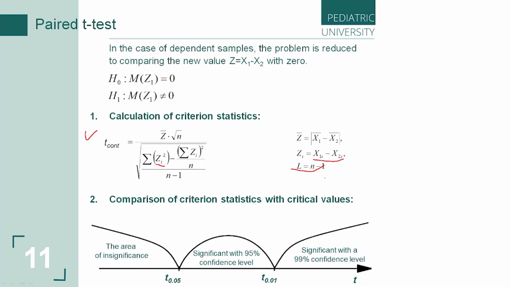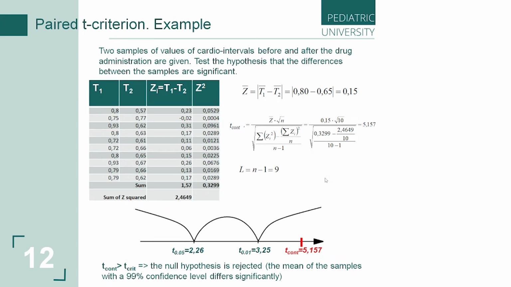What is next? Let's look at this example of the paired t-test. As in your first calculation in the practical exercises, we have two samples of cardio interval values before and after drug administration, for example. We need to test the hypothesis that the differences between the samples are significant. And what should we do? In the table on the slide, you can see